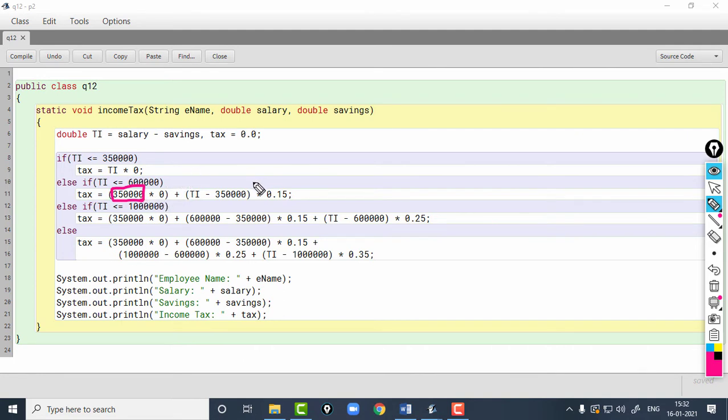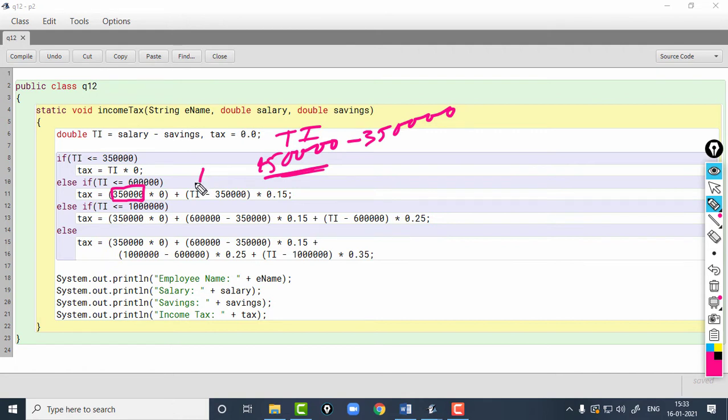So, 3,50,000 is gone. So, the remaining amount will be 4,50,000 minus 3,50,000. This 4,50,000 is the taxable income. I just assumed a value of 4,50,000.